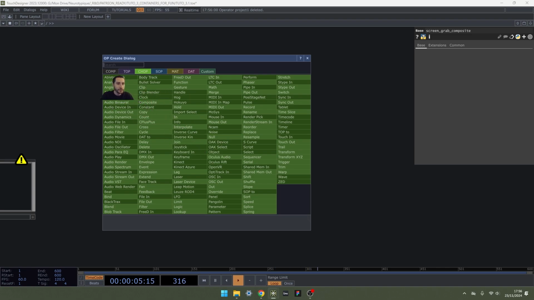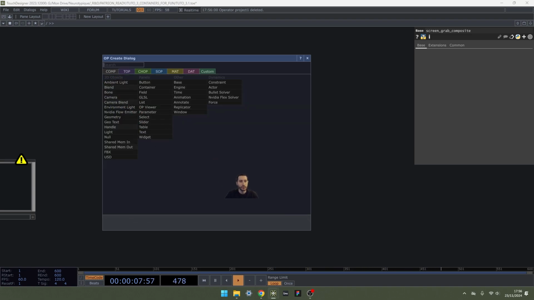So let's go to comp, the black page on your operator create dialog. You can access it by hitting tab and typing container. So container, if you don't know it, we can look at the description at the bottom of the screen. It says container component groups together any number of buttons, sliders, fields, containers and other panel components to build an interface. So it actually has some nice features built in that other comps don't always have. So we're going to use the capacity of displaying and aligning the children of the composition.